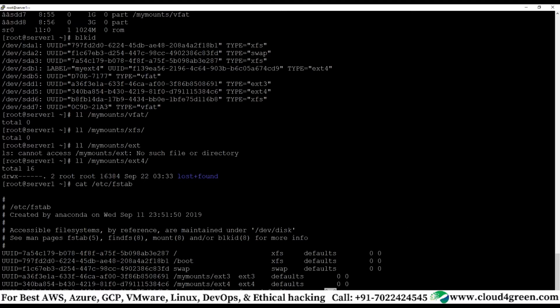Now my VG is 300 GB, and I have used up all 300 GB. My requirement is that I want to extend LV1 to 300 gig, but I don't have the space. I need 150 more gig.